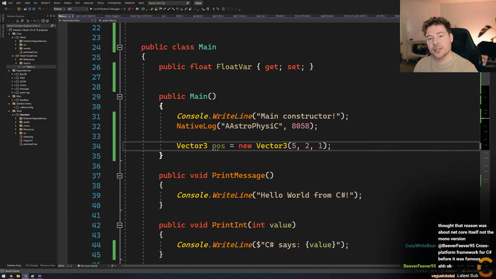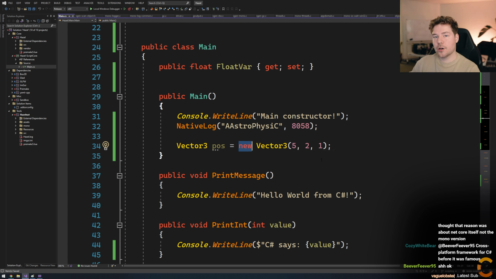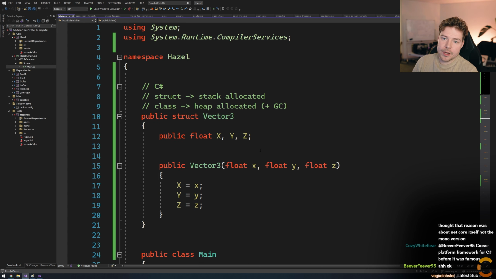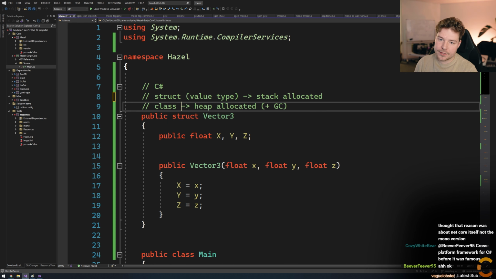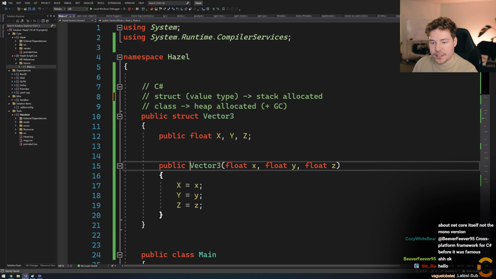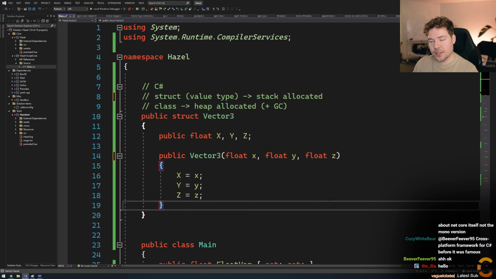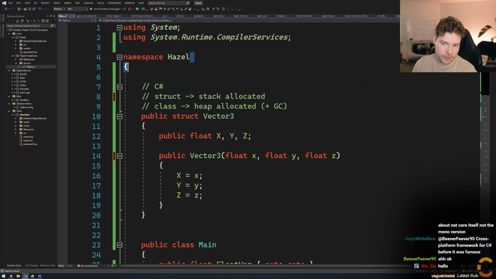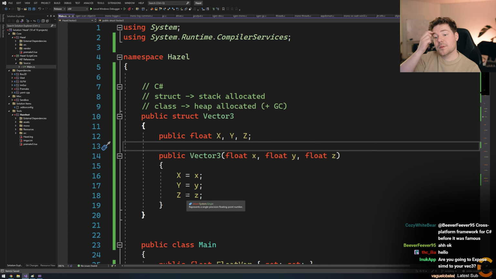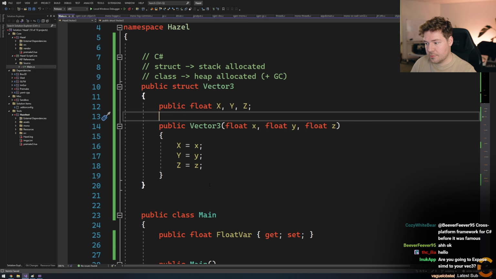We're doing this stuff constantly inside the onUpdate function potentially. We don't want this new to constantly be allocating heap memory, because that's just going to be slow. So instead, we make it stack allocated and use a value type instead of a reference type. It also means that when you pass these into functions, they get copied as well. So there is an important distinction here. It means that there are some limitations to how we use them.